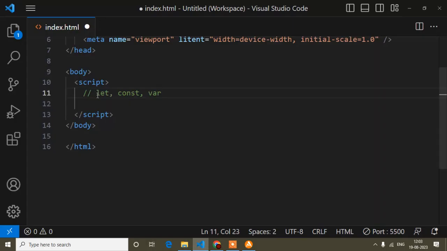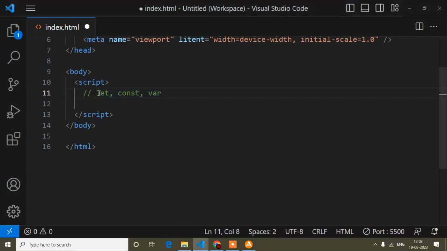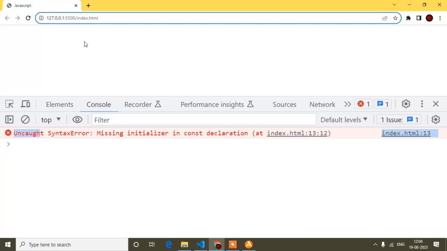Actually every language is converted into machine language, and then we can see the preview in the browser. If you are writing JavaScript code and thinking the browser understands this code directly, you are wrong. This code is converted to machine language. The browser has its own engine, and that engine converts the code into machine language, then the browser can understand.